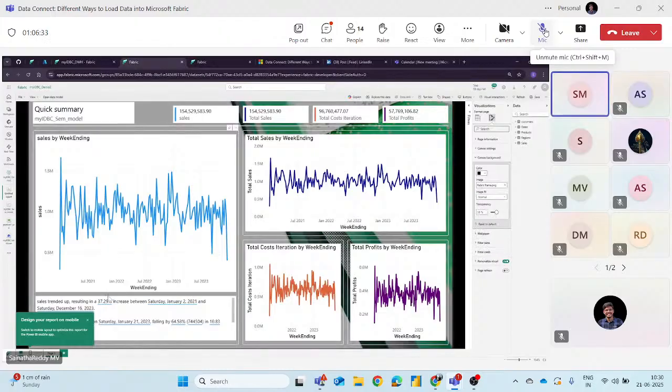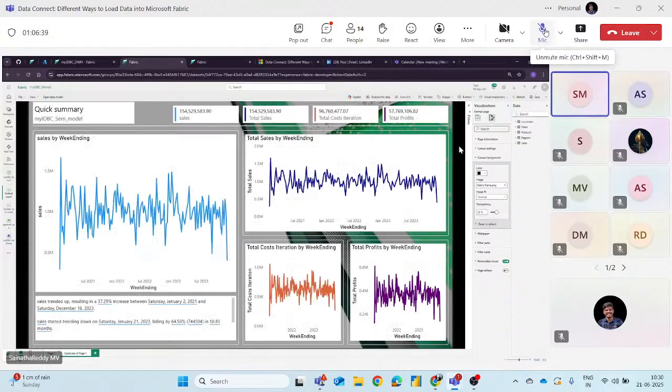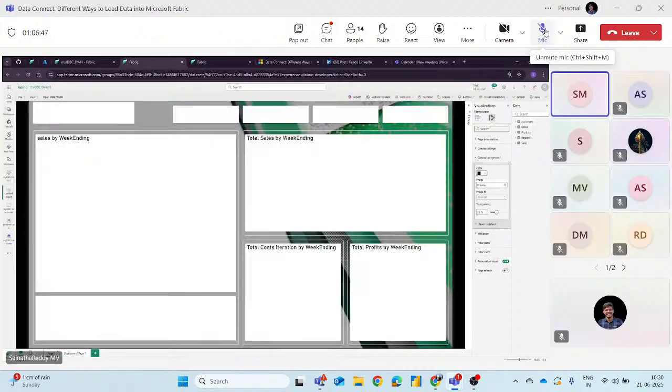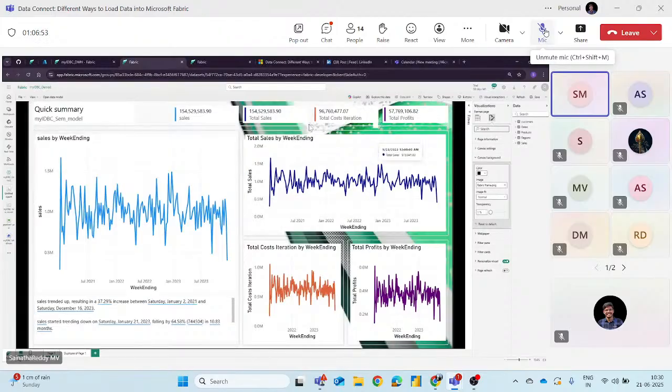I just want to duplicate here. You can use it however you want to visualize data. If you quickly compare these two, I have added a nice background related to Fabric, but it is not exactly here. But I will show you my report.